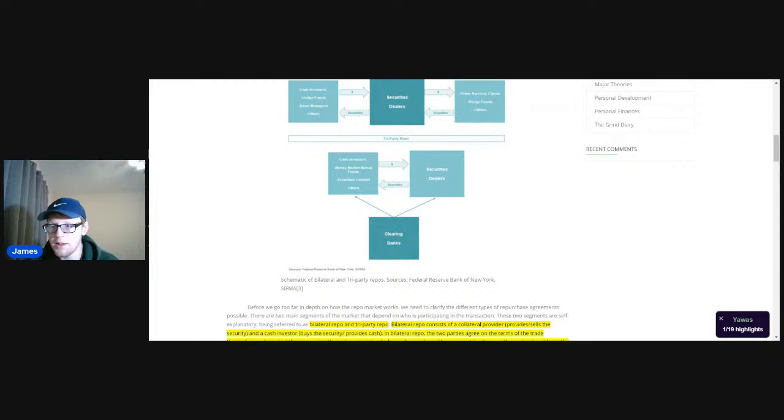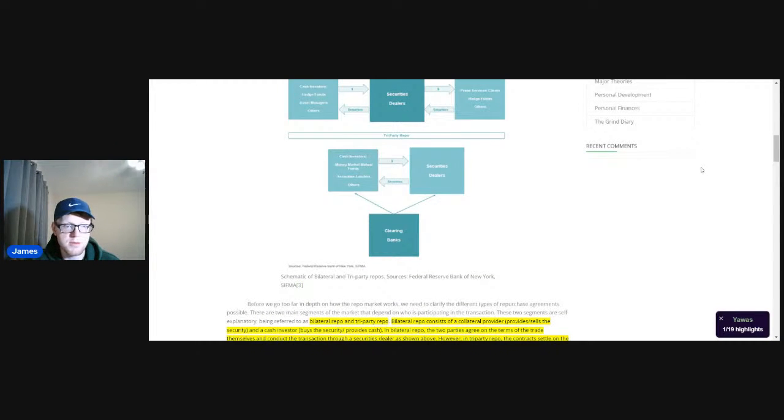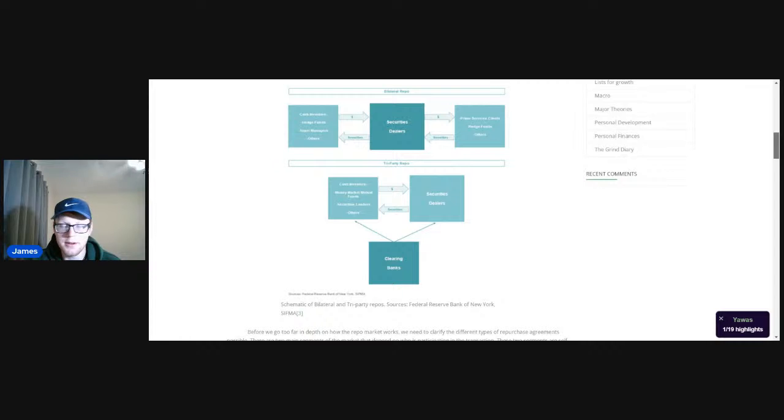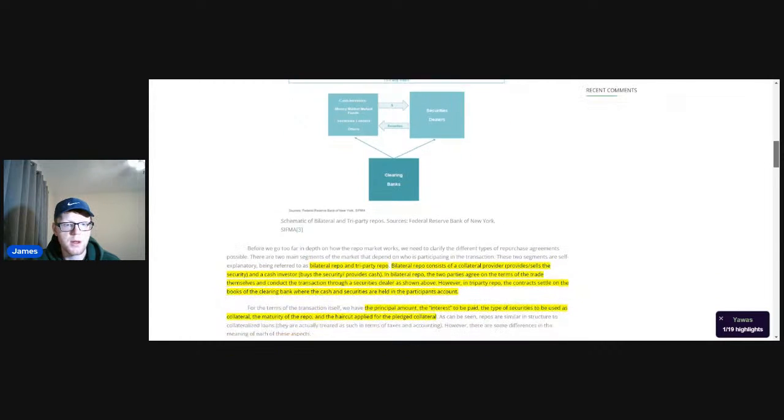It's rather lengthy. So even if you just look up source Federal Reserve Bank of New York, SIFMA, you should be able to find it. It's very easy to find. I think when I tried to look up the difference between these, or well, to get a graph, it was like the first one to pop up. Okay,